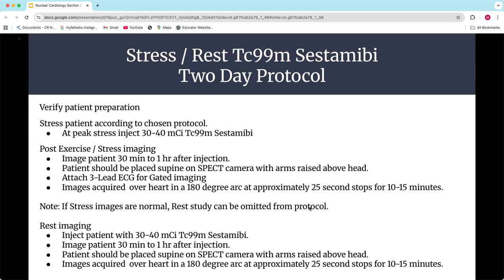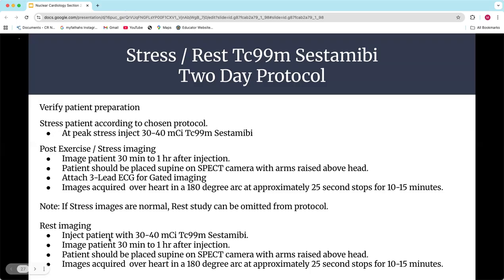If you had a defect, well, now you've got to answer the question, is this ischemia or is it infarct? And so that caused the problem. Now with thallium, they could do it the same day a few hours later because of redistribution. This one does not redistribute. It's going to stay in there, and you've got that 6-hour half-life that's going to make its way down. And so that's why this one had to be a 2-day protocol, because you would bring them back the next day, and that gave enough time for the half-life to decay, for the sestamibi to decay, and make it so that you didn't see it in your next picture, right?